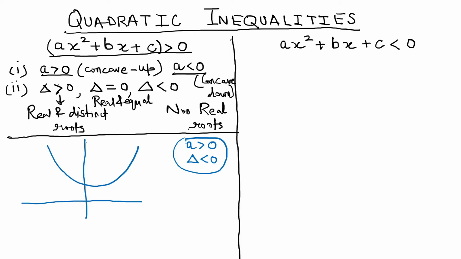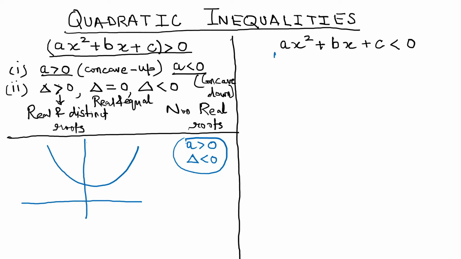Now, if I would have taken the other graph, which is a being less than 0, in that case that would be a graph which will be concave downwards, which means the same graph which we have drawn upwards, we would just take a water image of this and we would draw the same graph downwards. That case has to be neglected. The reason here is, in that case, the value of the output, which is the range of ax square plus bx plus c, will never be positive. So from here we get a hint.